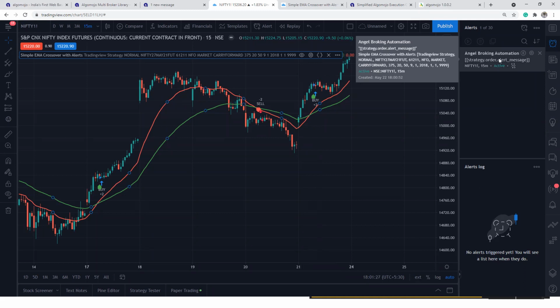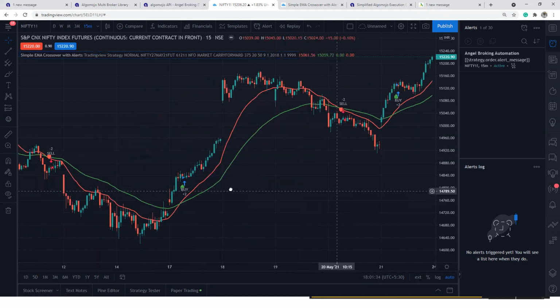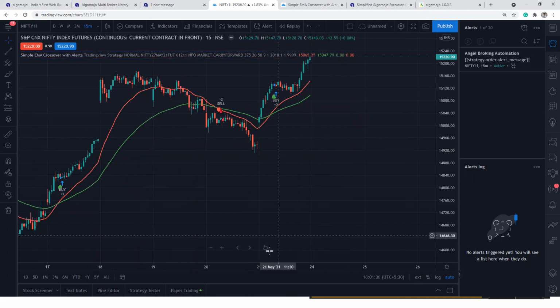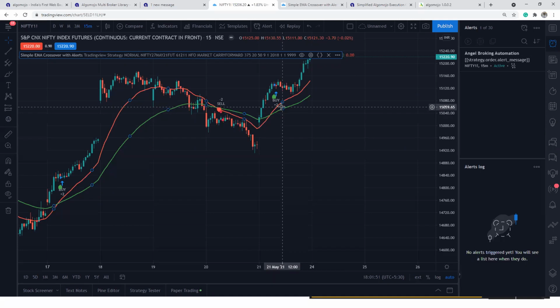Now the best part here is any buy-sell signals that are coming in, you can automate it. But let's say today is a signal. Let's say today, the first signal I'm going to take, 21st. If any first signal is going to be taken, I don't want to send 2 times the quantity. The +2 represents 2 times the quantity. That means if your quantity is 375, the +2 will try to double the quantity. However, I don't want to double the quantity. If today's activity, let's say 21st is today, then when any buy signal is happening, I want to send only 1 time the quantity only.